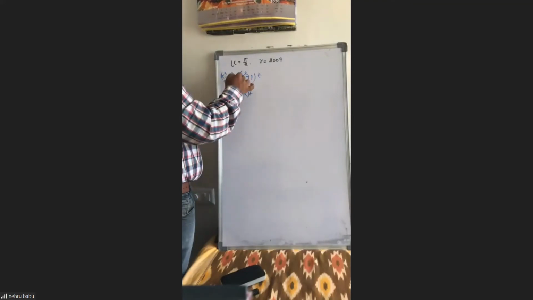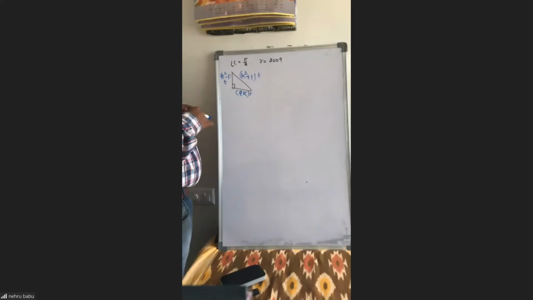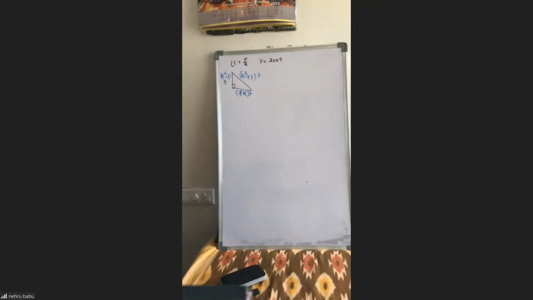Yes, sir. If you take 2k, k square minus 1, k square plus 1, on that day we were discussing this part: 2k, k square minus 1, k square plus 1 did not cover all Pythagorean triplets. For example, 5, 12, 13 is not covered by that. So here if you take two variables, no doubt it will be covered.